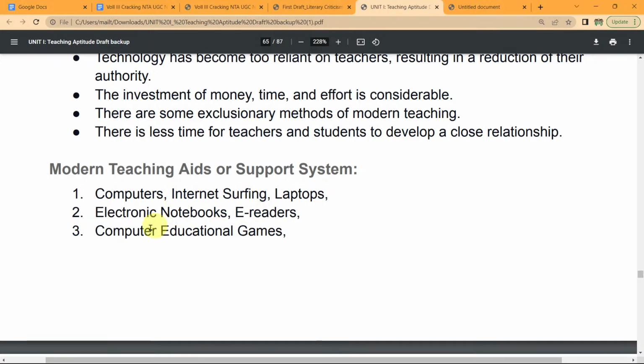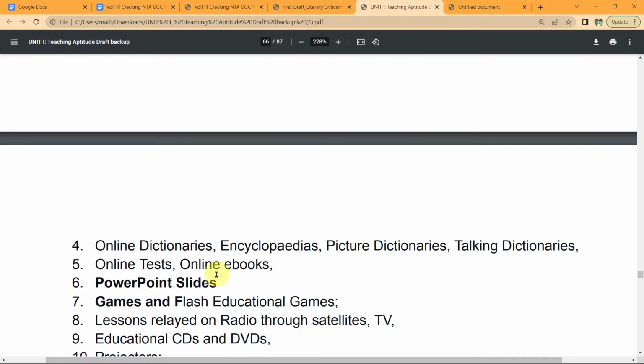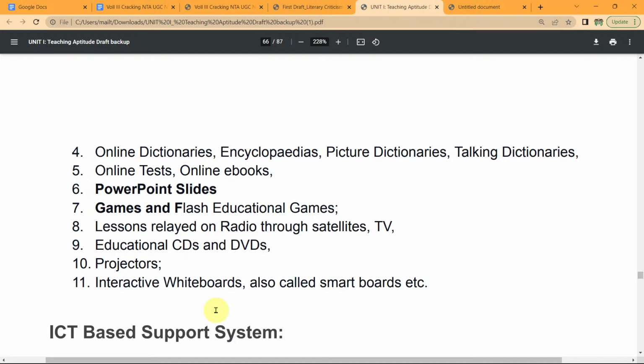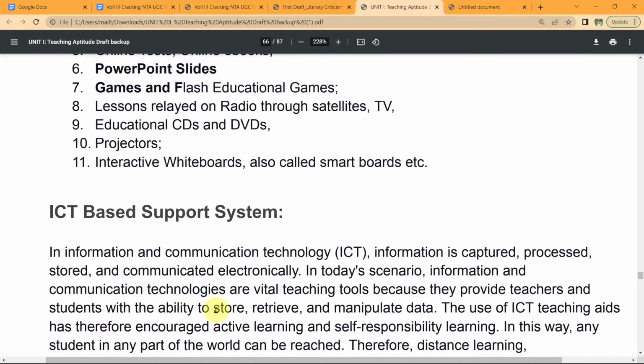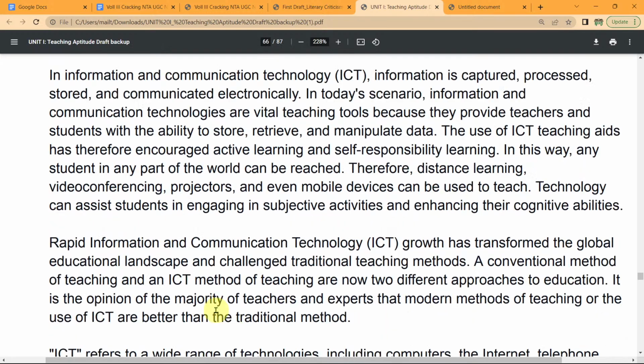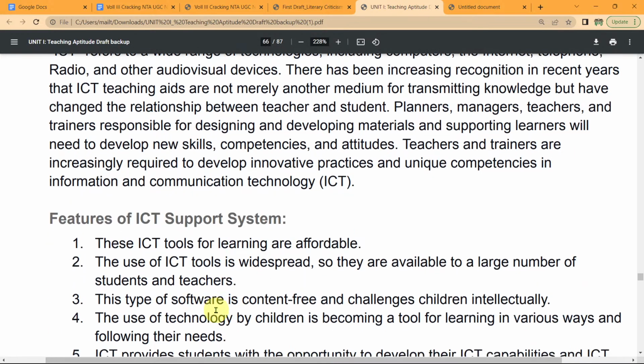So computer, internet, electronic notebook, computer educational games, online dictionary, online test, PowerPoint, slides, games, flashcard, educational game, lesson relayed on radio through satellite TV, education CD, DVDs, projector, whiteboard and other things. Got it? ICT based support system now we'll talk about, and it refers to